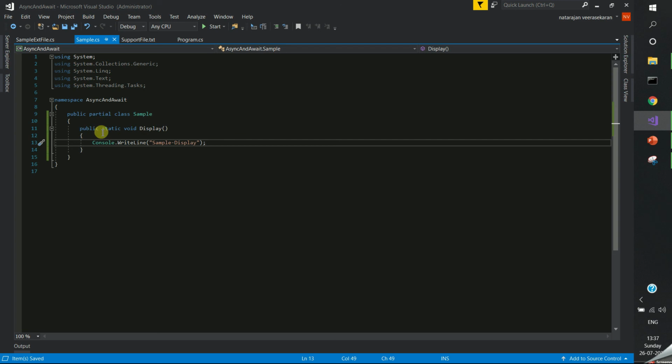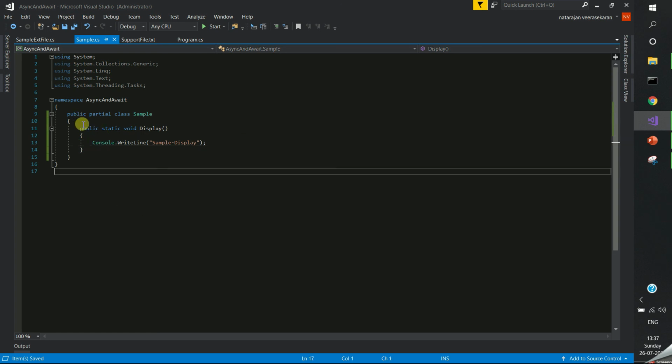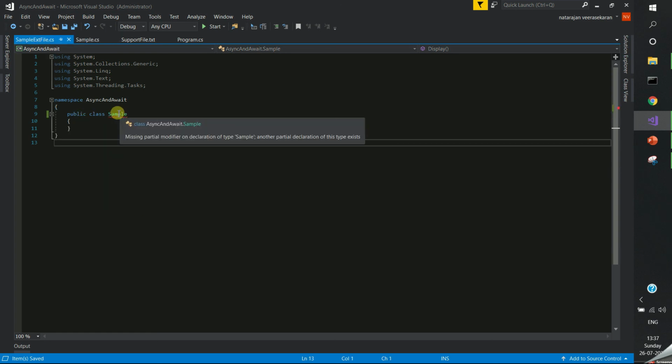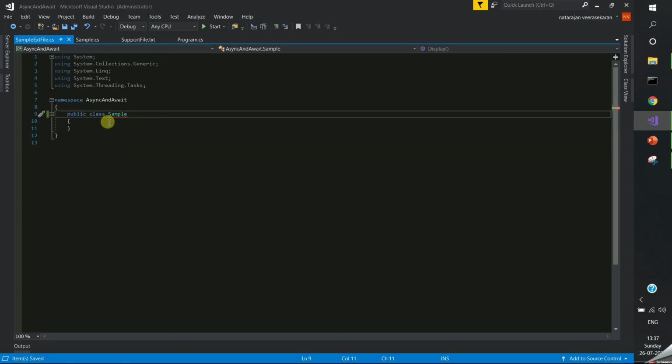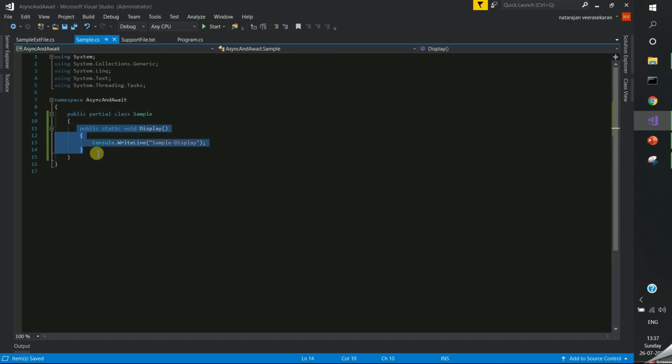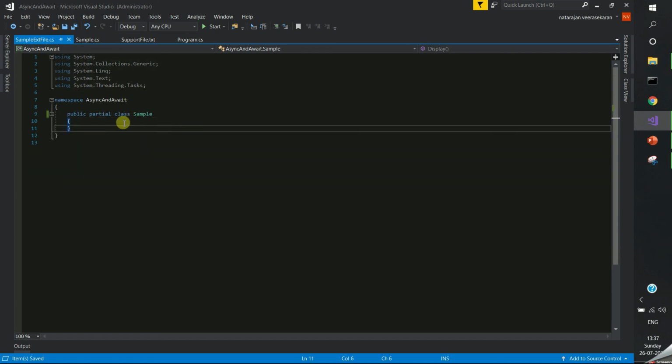I have made this class partial, meaning you can extend with another partial class in a separate file or the same file. Now you can see the error is about another partial, missing partial modifier, because if I specify partial, we won't get this error.